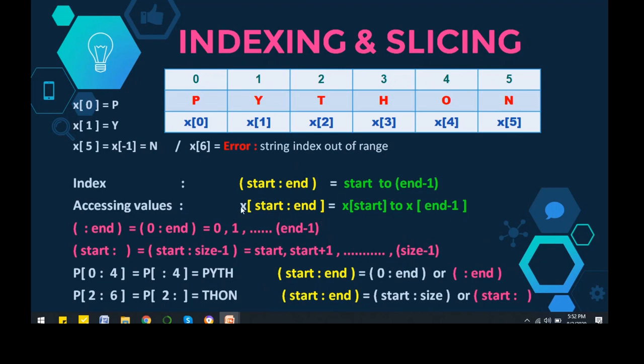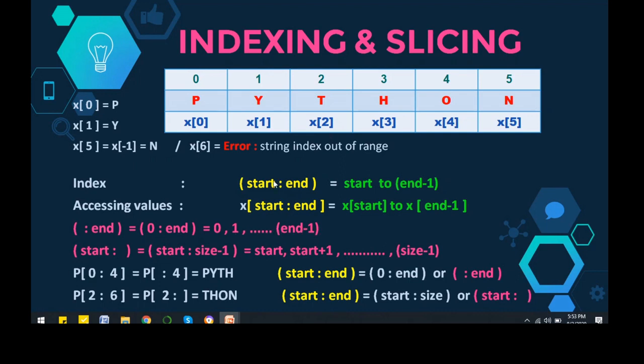So in this way we can fetch the values. Now coming to a special case here: if I am not given the starting index and I have provided only the end, it is equivalent to 0 colon end, which means it starts from index 0. If no starting location is given, it means it is from 0 itself and till end. The last location is not included, so it will be from 0, 1, 2 and till n minus 1.